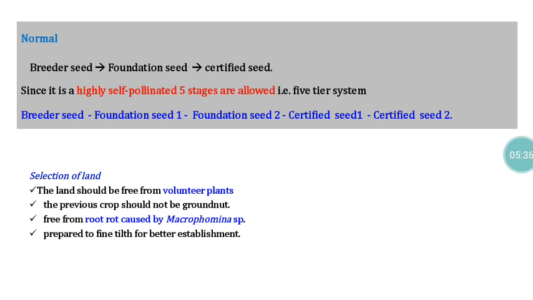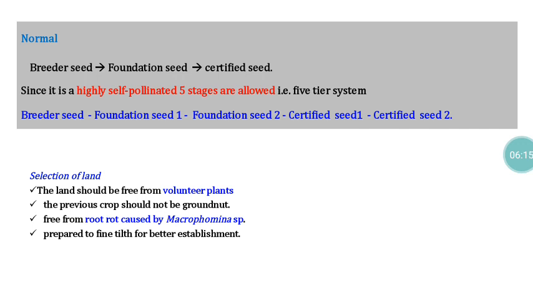And then the selected land should not have the problem of root rot incidence, because root rot is a major problem. If that incidence occurs, the yield will be reduced very much. Another thing, with reference to the Macrophomina pathogen, the sclerotial bodies are able to survive in the soil for a longer period of time. So definitely there will be a problem. So during land selection, if the field has a history of Macrophomina incidence, better we avoid those lands for cultivation of groundnut for seed purpose.